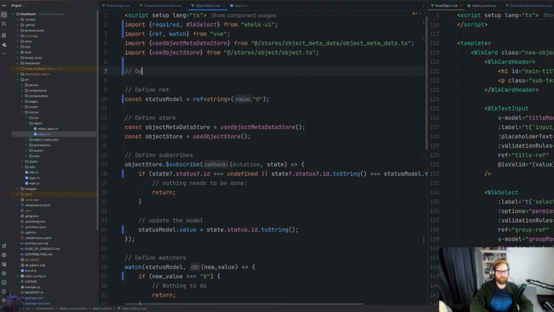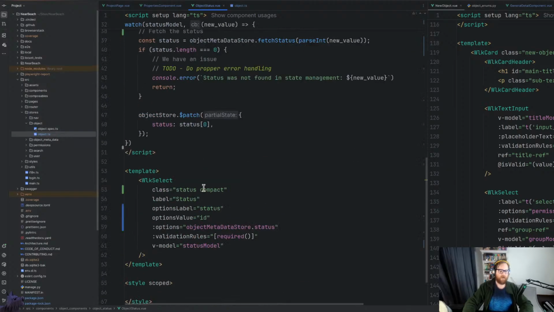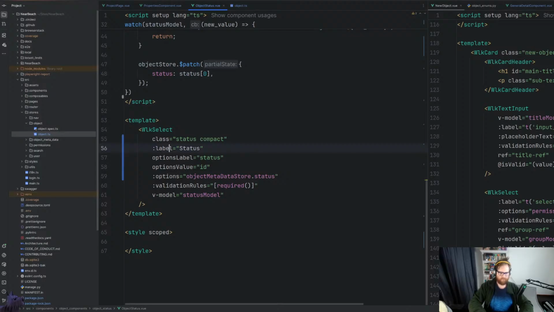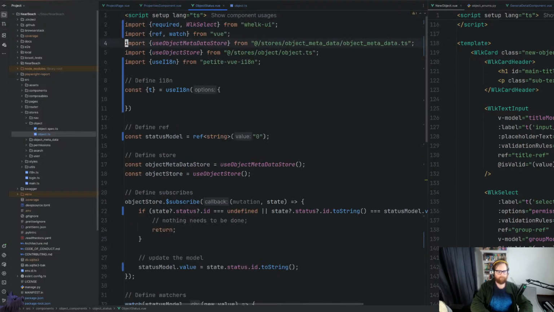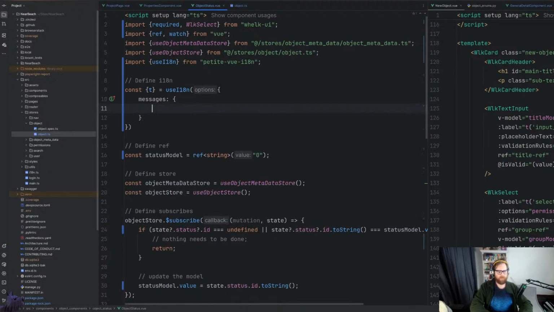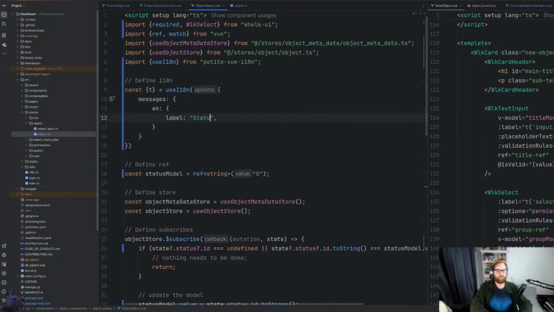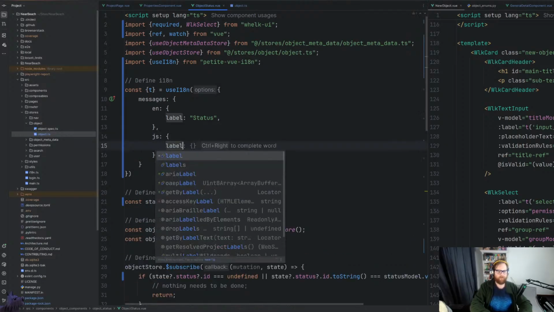So just go back up here, define internationalization, so that const t equals use internationalization. We do something like that. Once again, it's going to be very, very simple. We're just going to do something like this. I'm just going to go t, we're just going to have it as a label. So we're going to have messages. We're going to have English label. This is going to be status. Is it done? Japanese, we're going to have label. And